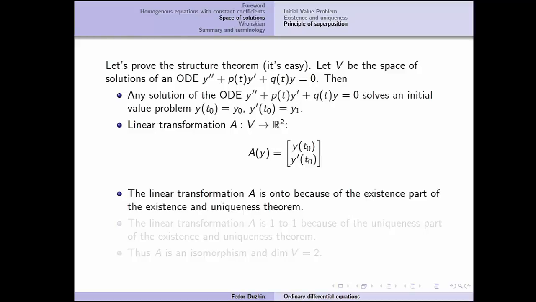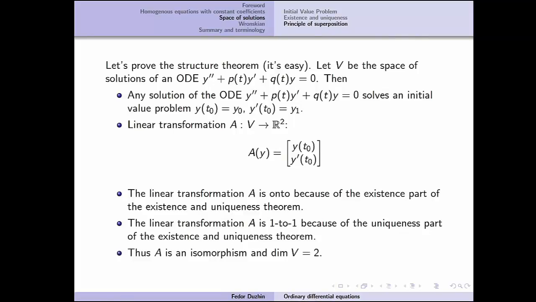That's why this linear transformation is onto. But at the same time it is one-to-one because of the uniqueness part, right? There is only a unique solution and hence it is one-to-one. But since it is onto and one-to-one, it must be an isomorphism, and therefore the dimension of these two